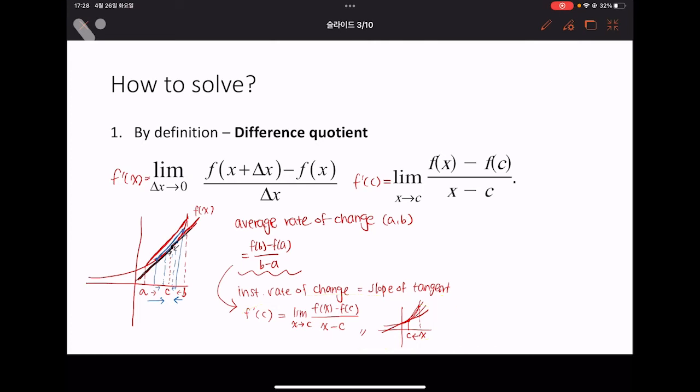Another way of writing this equation is, let's say x minus c equals delta x. Then if we substitute this into this equation, we can get the derivative of y with respect to x, which is the limit as delta x approaches 0 of f(x) minus f(x minus delta x) over delta x. And this can also be written as